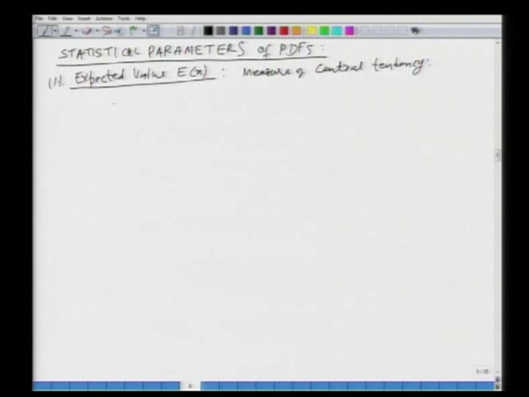There are other measures of central tendency we will not actually look at, like mode and median and so on. All right. So, expected value is nothing but the mean, right. So, how is it defined? This is mathematically defined like this. Expected value of x is denoted as mu, all right, is equal to the integral over the whole range minus infinity to infinity of x times f of x